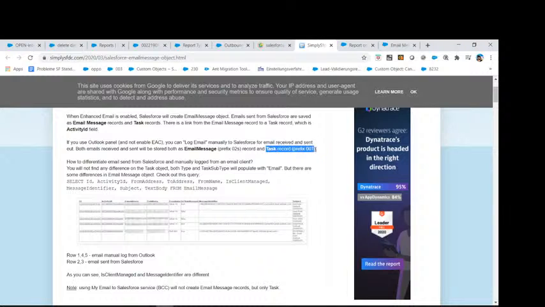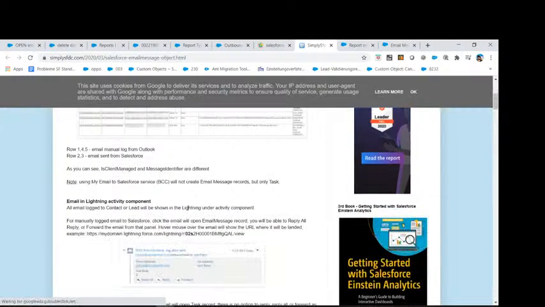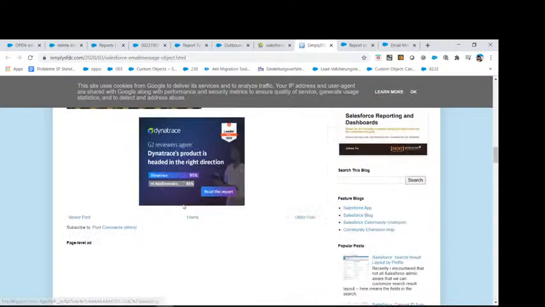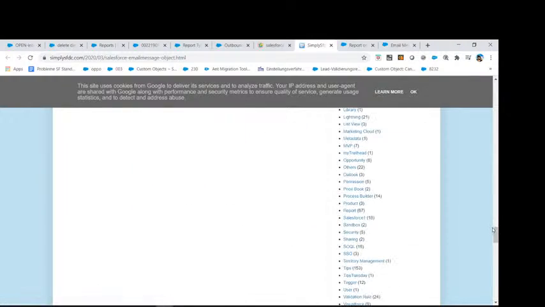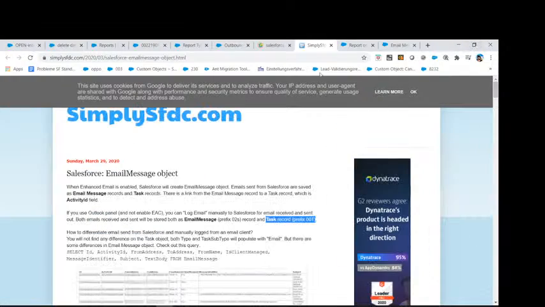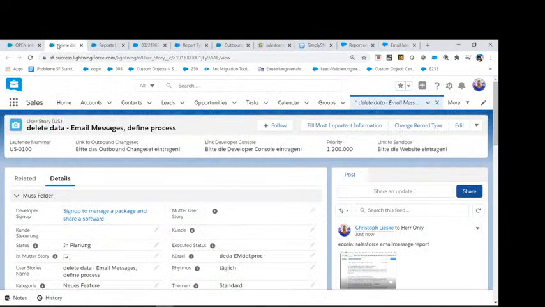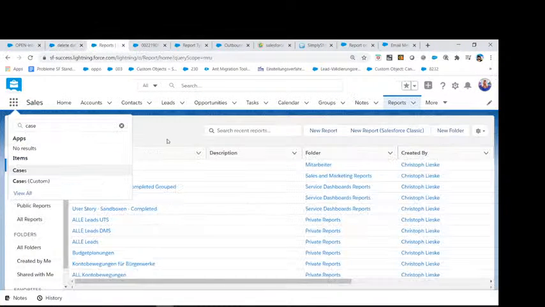So that's going to be an outbound, right? And the inbound should be also something like this. Let's go for the inbound. How to differentiate? The inbound is going to be saved as cases, to be honest. So we have the outbounds, and the outbounds are going to be saved like